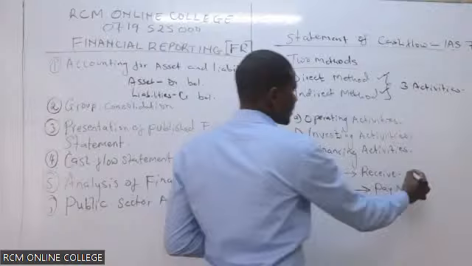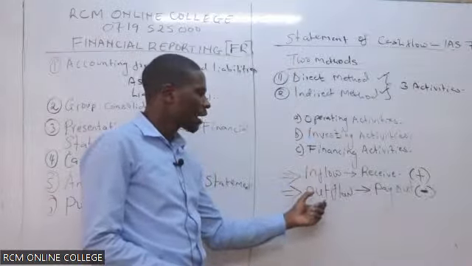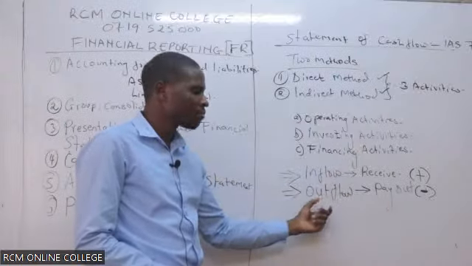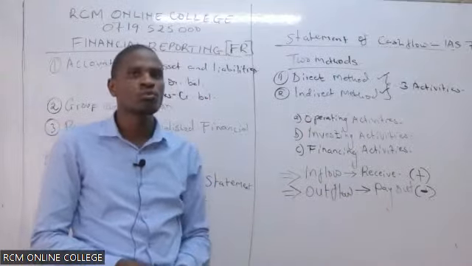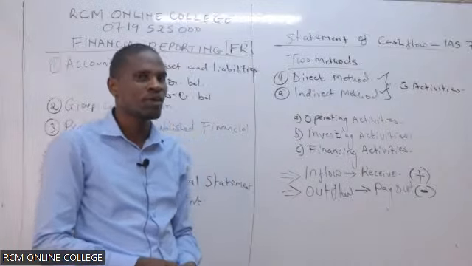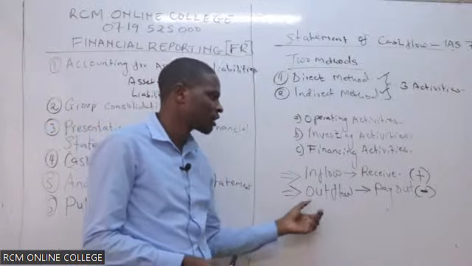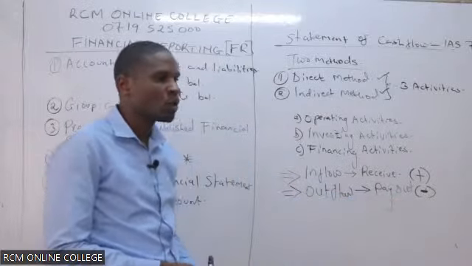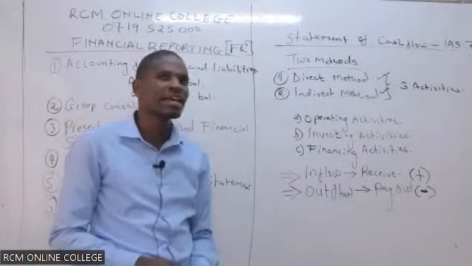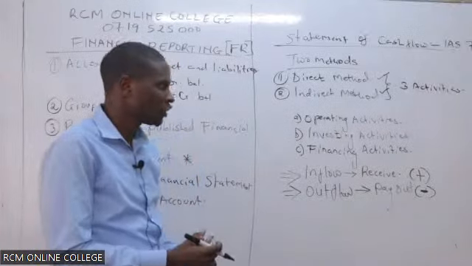If, for example, the company receives some money from debtors, that is an inflow, and it is leading to an increase in cash of the company. If the company pays some money to its creditor, that is an outflow, and it leads to a reduction of cash in that company, and we less that. Remember, at the end, we want to see the balance of cash in that company.